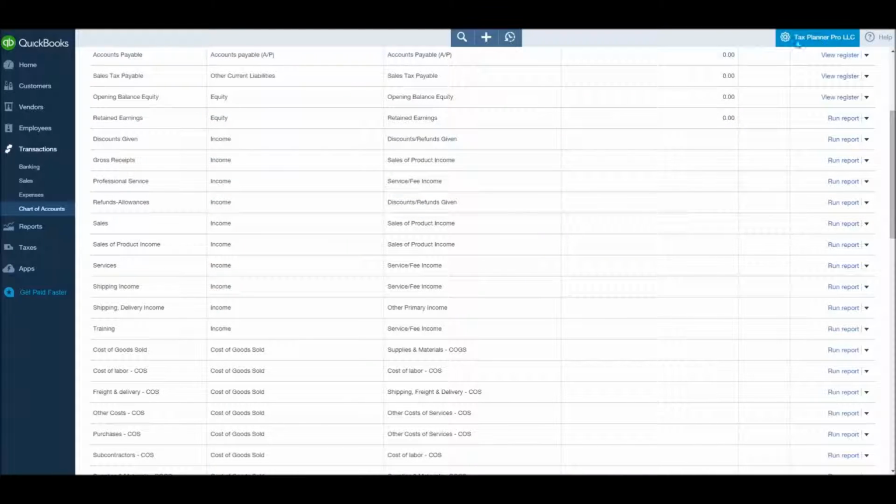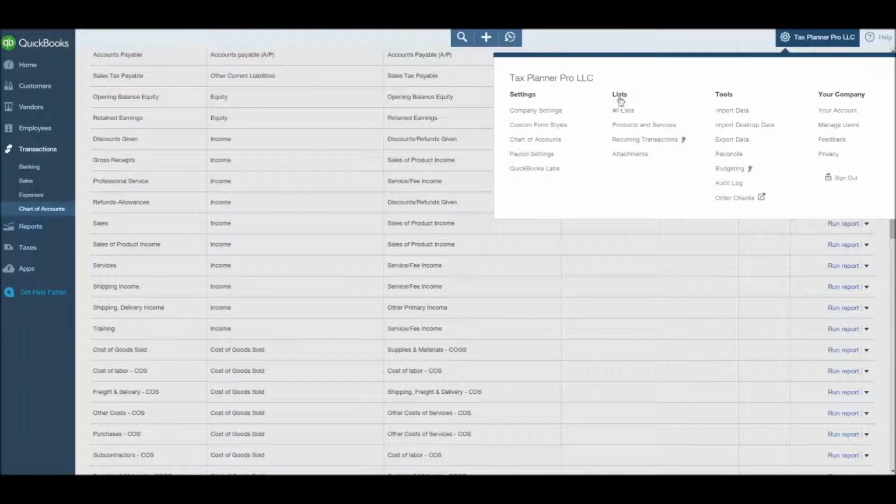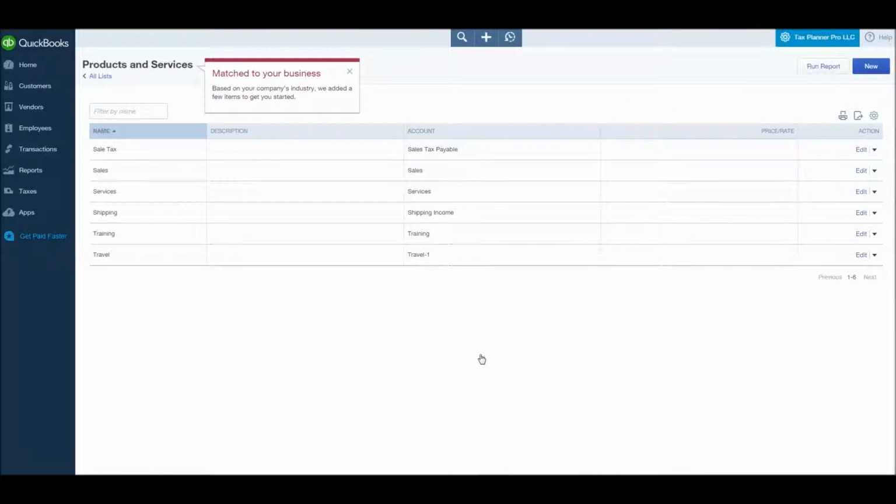To do that, we come up here under this gear, and I'm going to click here, and then under lists, I'm going to come here to products and services. In here, I have several different products and services that I don't really want to use. I know that I'm going to use sales. This is what I'm going to book all of my sales to right here, so I'm going to keep this. And sales tax, if you're going to charge sales tax, then you want to leave that. But if you're not going to differentiate between sales and service, get rid of some